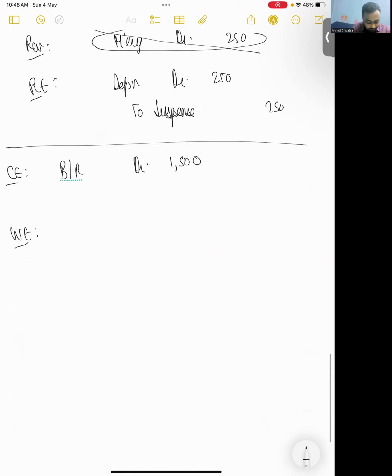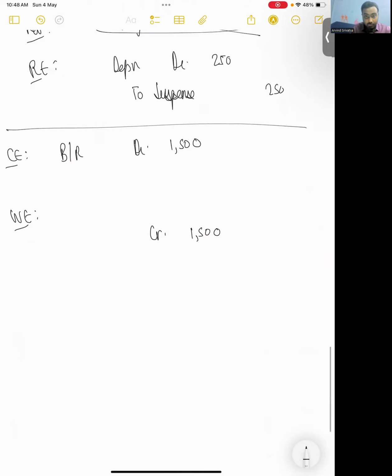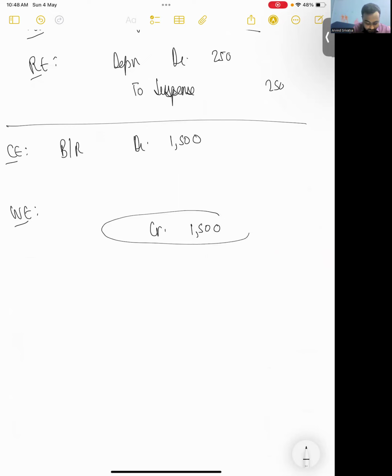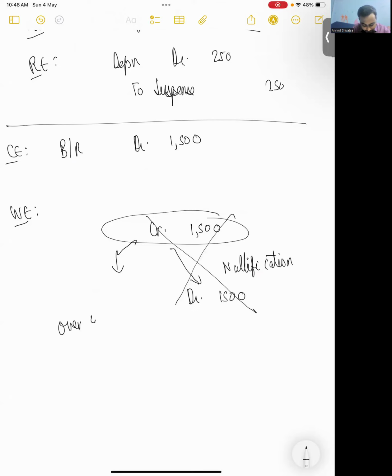But it's been wrongly credited to the extent of 1500. So what will you do first? You have wrongly done a credit. To remove that credit, you will debit 1500 to nullify the impact. So this is for nullification. After it's nullified, you will not have a bills receivable balance at all in your books, but you should ideally debit it to the extent of 1500. So this is nullification. Over and above this,